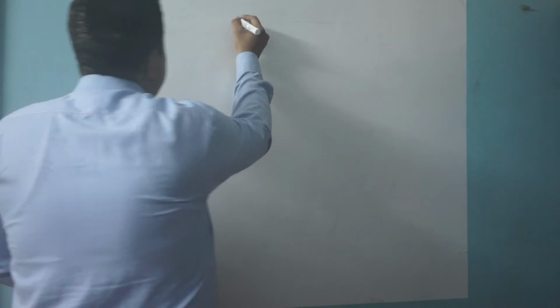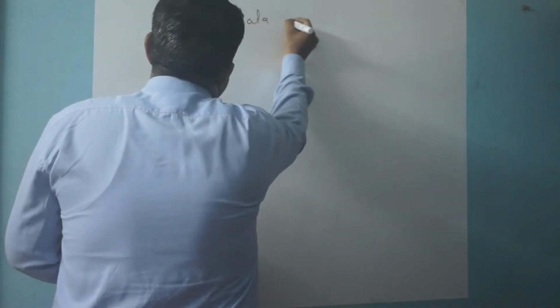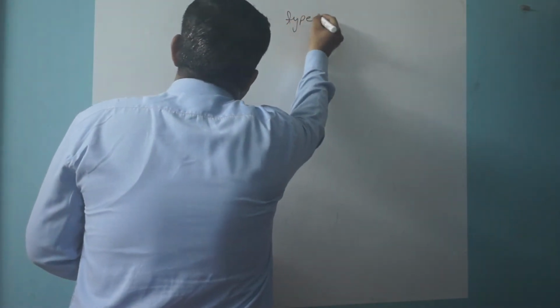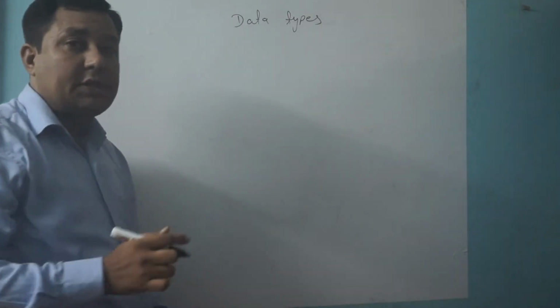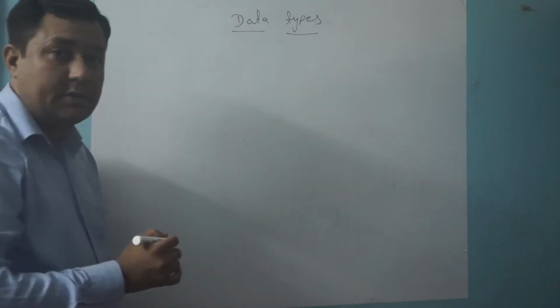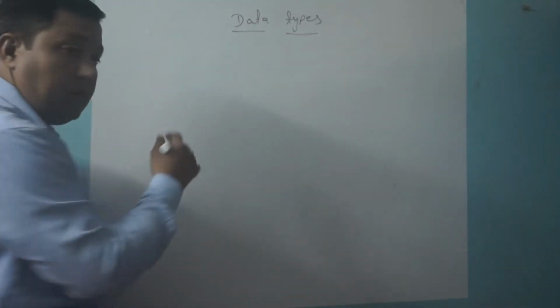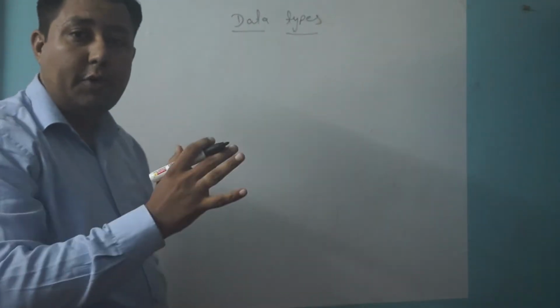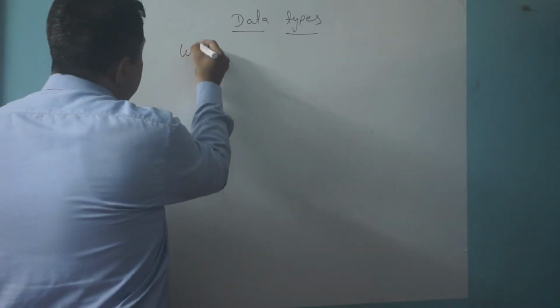I am here with a video on data types. The term data types consists of two words, data and types. Data in the context of a computer, whatever